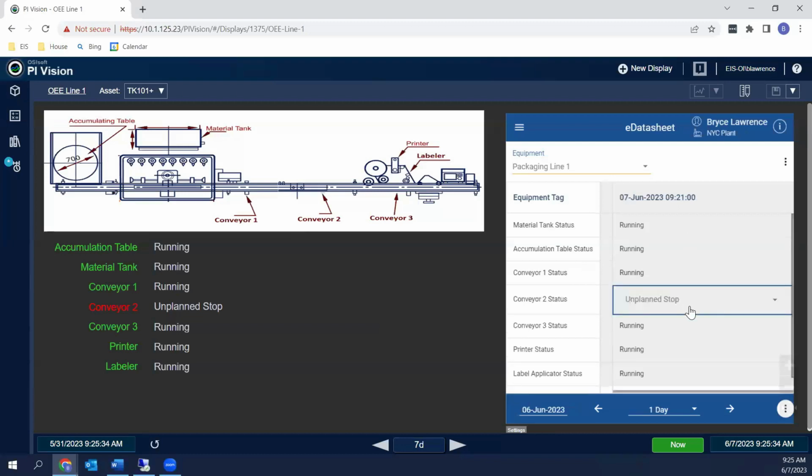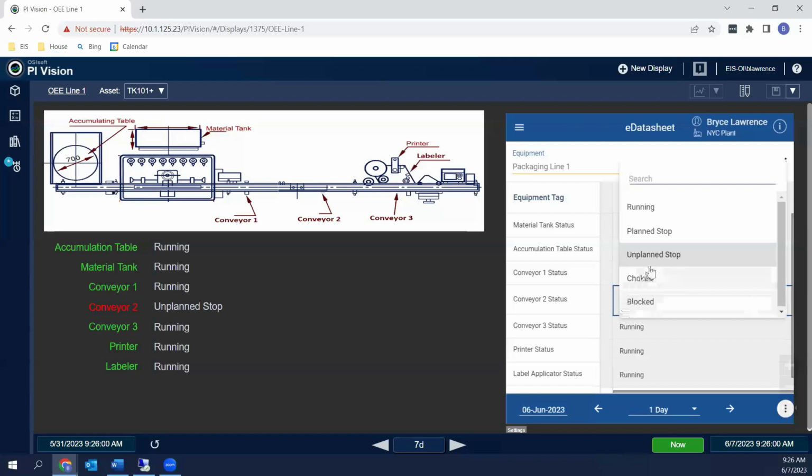You can as well have the ability to allow users to make changes after data's been entered and saved out to Pi. This is done on a form by form basis, so you can determine if you want that to happen or not. And as part of this, eDatasheet does have a full audit trail on the back end. So if I do actually make a change here,